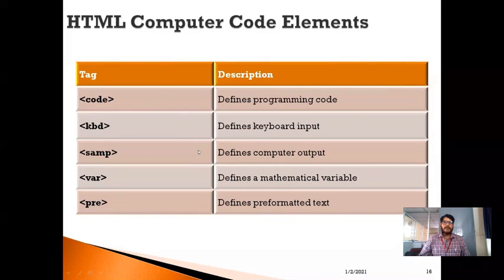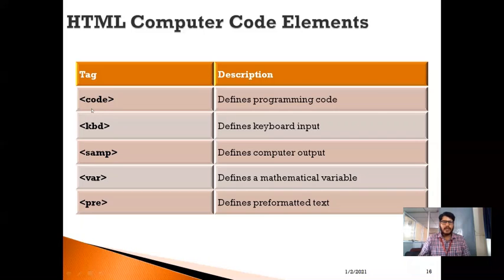So similarly, we can use some of the HTML computer code elements. Assume that I am highlighting some computer code on my web document. At that time, I want to highlight this computer code with a different formatting itself. So my code should look like programming code. So at that time, I can use these tags, so that these tags will preserve pre-formatted text, and also these tags will use a certain programming code style. So for that we are using these kinds of tags.